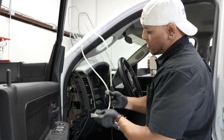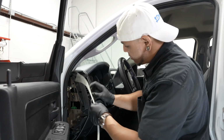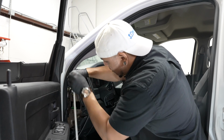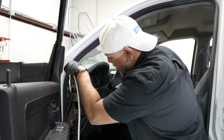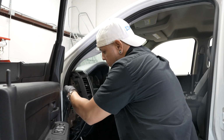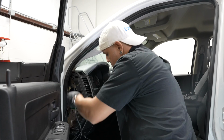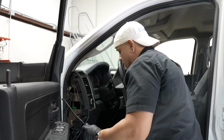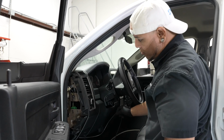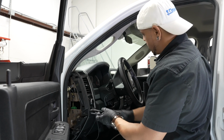And from here, I actually left the zip ties still attached because it'll aid me in running this through our dash. But I'll just bring it right through the metal frame there and drop it down. All right, make sure to pull all that slack out. Basically, whatever wire you have left over, we're gonna